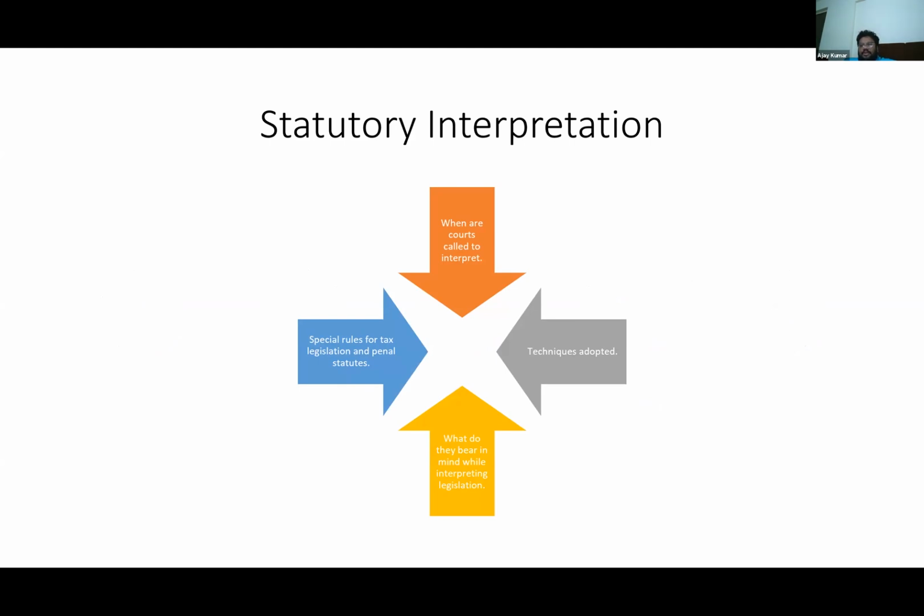Now, next we're coming to a topic that is something that I personally enjoy immensely. This is called statutory interpretation. How do courts interpret the statutes made by Parliament? Now, I have kept this graph specifically the way it is because the gap in the middle, right, is supposed to represent the judge. So, what has to be done